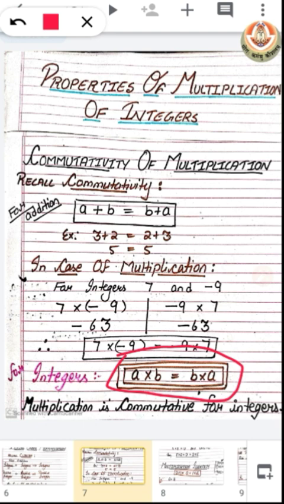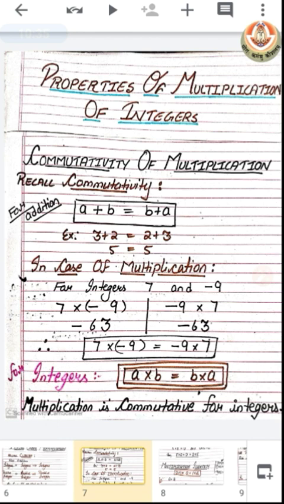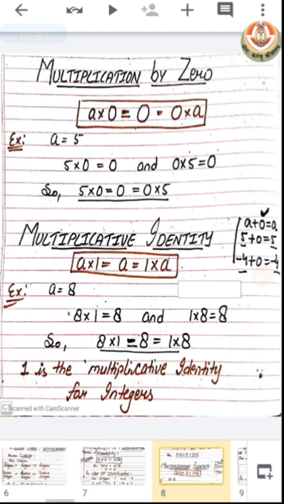Okay class, this is commutativity and it is different for different operations and different groups of numbers. Here we are studying integers and the multiplication operation. So we can say that multiplication is commutative for integers. Okay, I hope you all are understanding. So let's move on to another property, which is